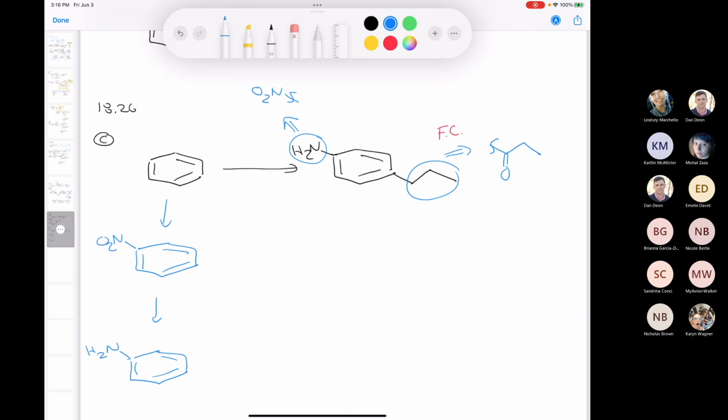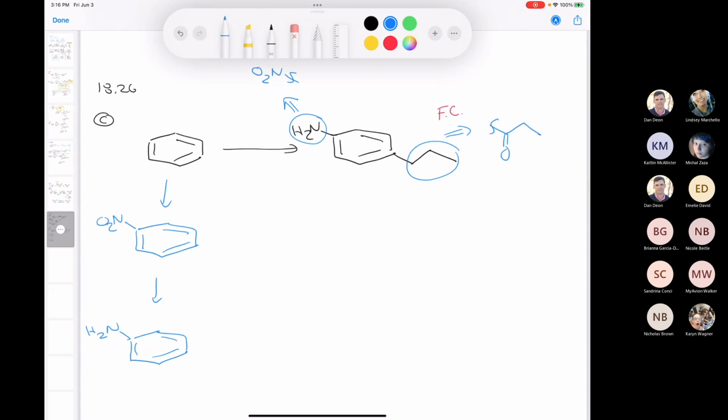All right. Something that I would say though is that this isn't very sterically bulky, and the amino group is really highly activating. So whenever you have something that's really highly activating, like a methoxy group or an amino group, something that's got a lone pair on here, so this is a strong, strong activator, then I wouldn't choose to put that in first, because then if you try to do the Friedel-Crafts reaction,